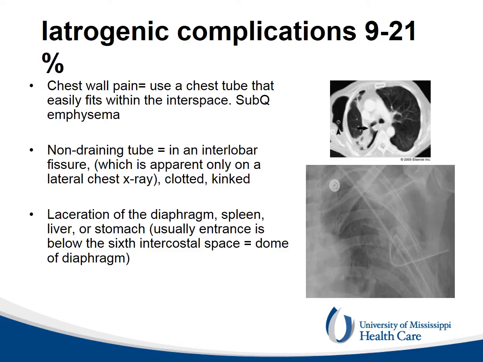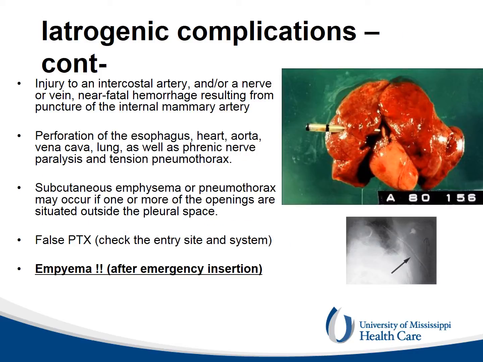They are represented by pain, a non-functional chest tube, or damage to intrathoracic and/or intra-abdominal vessels and organs. Damage to intrathoracic and intra-abdominal organs is possible if the chest tube is advanced forcefully and against resistance. If any resistance is encountered, the chest tube should be pulled back 1 or 2 centimeters.